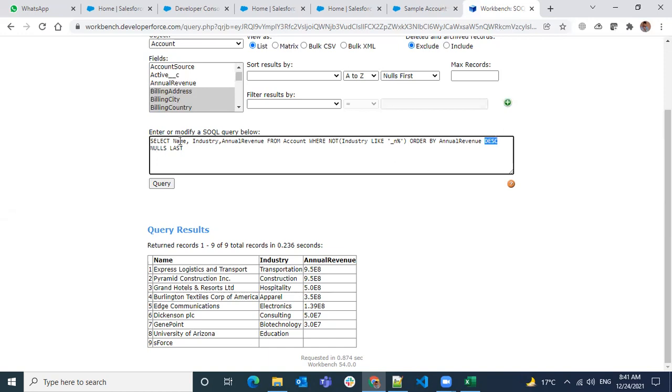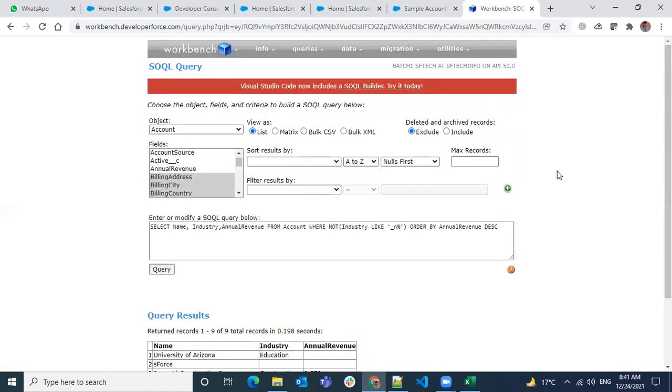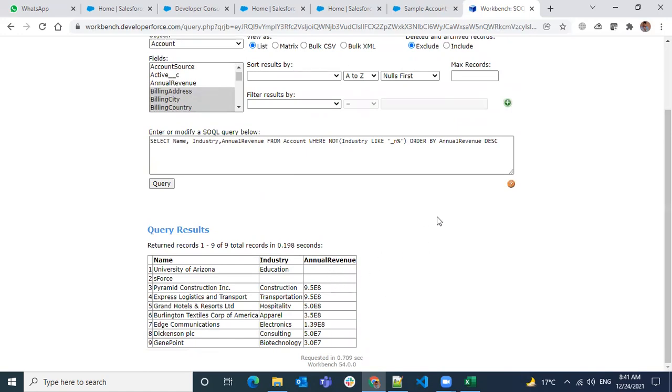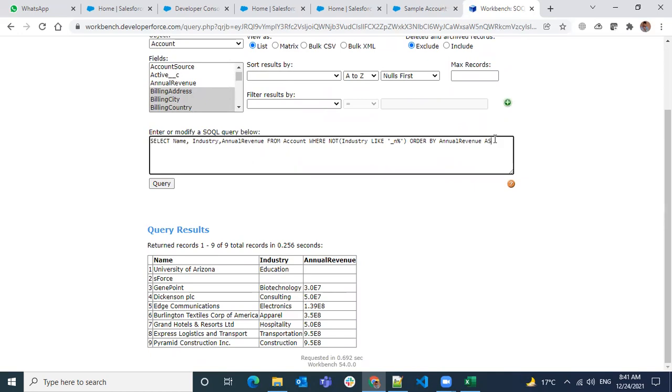If you don't apply anything over here, with descending the null values come at the first, and if you use ascending, then also null values are at the first. So the null values will by default come at the first place. If you want to control exactly whether they are last or first, you can use nulls last or nulls first.